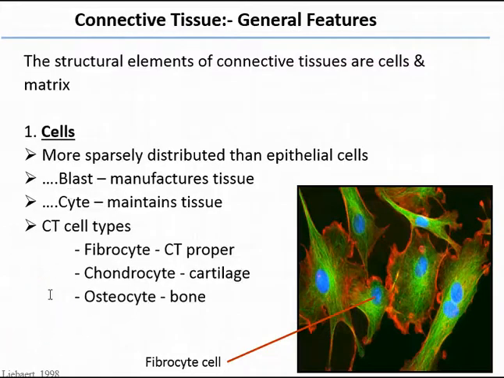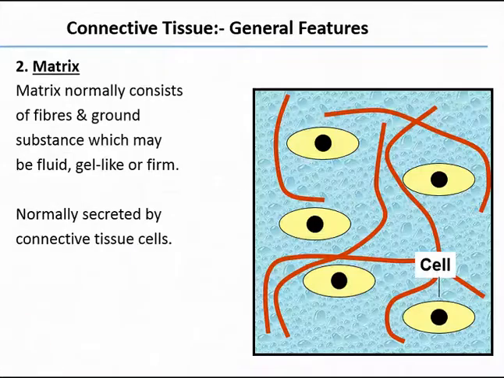This shows three main types of connective tissue cells. We have a fibrocyte, which is found in fibrous connective tissues, and that's what this lecture is going to focus on. We have chondrocytes, which are the cells we find in cartilage, and osteocytes, which are the cells we find in bone. The other material we have in any connective tissue, apart